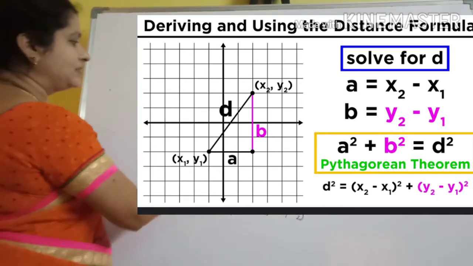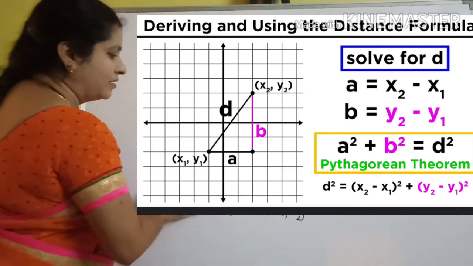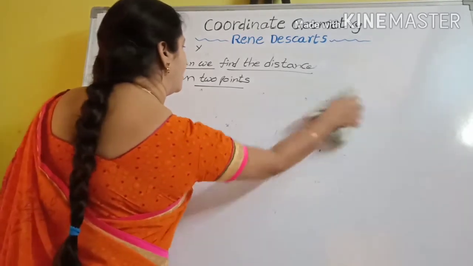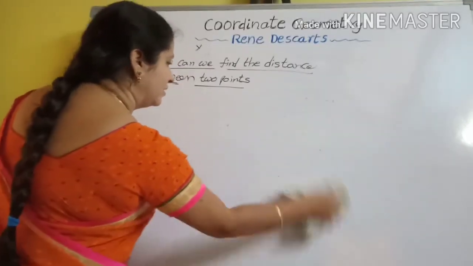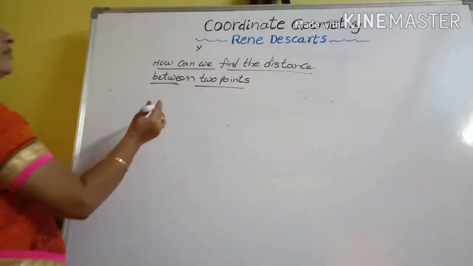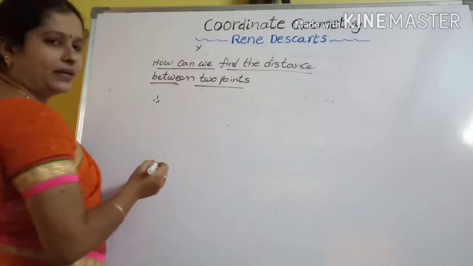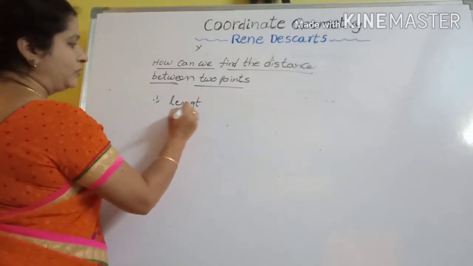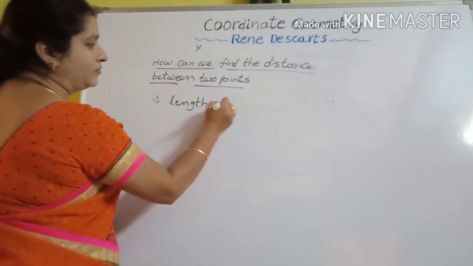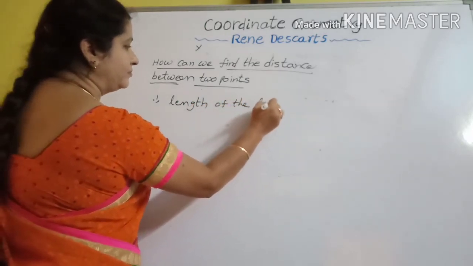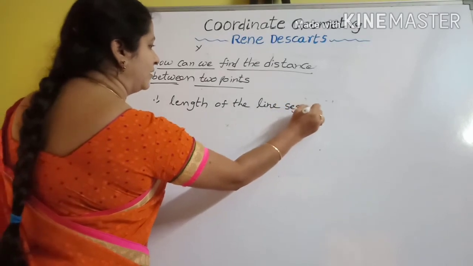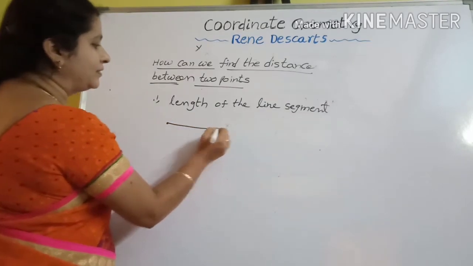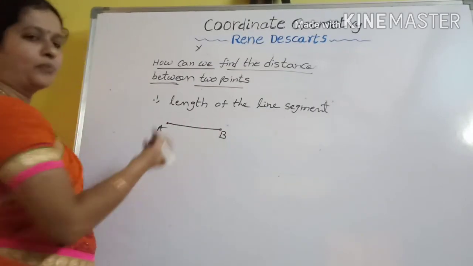Are there any applications based on this topic? So many applications are based on this topic. Those are, distance is nothing but the length of the line segment. By using the distance formula, so many applications are there to find the length of the line segment. So how can you find the length of the line segment? It is nothing but the distance between the 2 points.